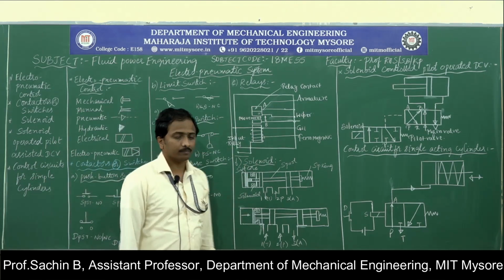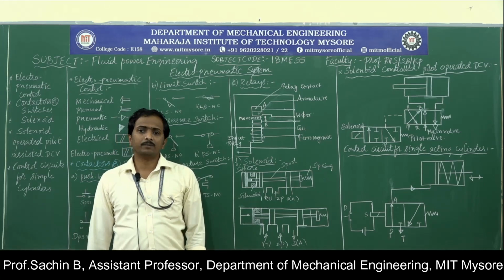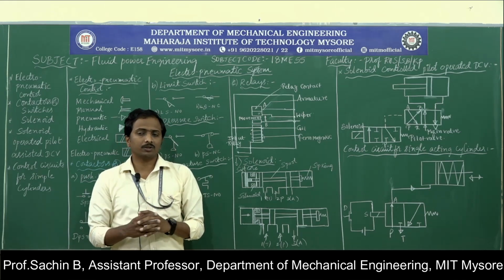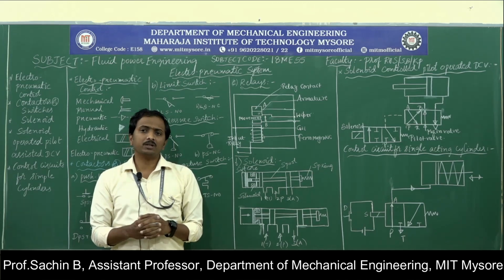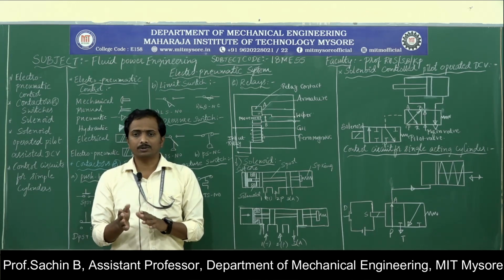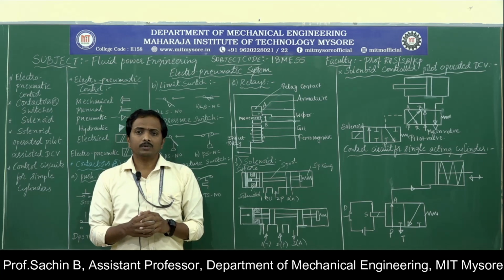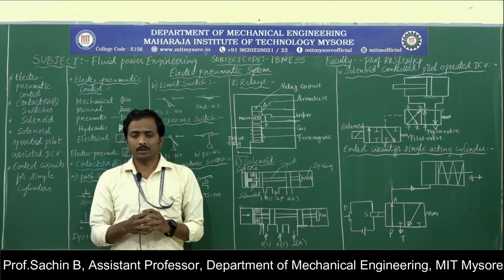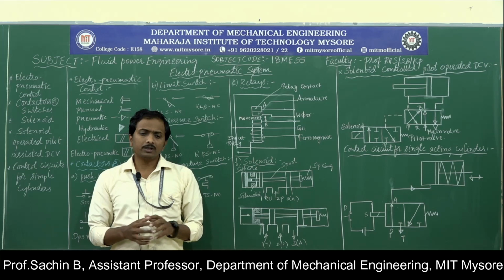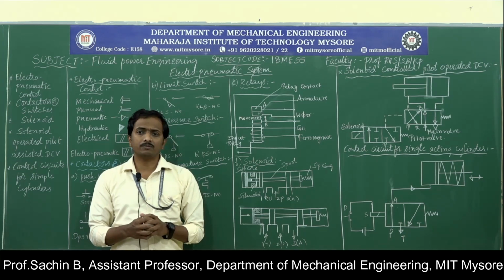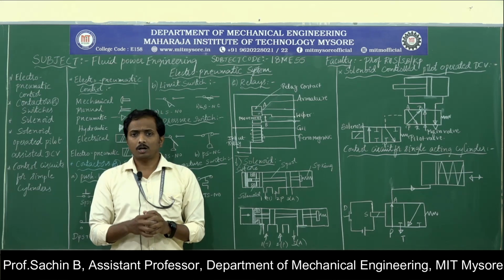Next is about the relay. This relay is an electromechanical switch. It is also an electromechanical switch, but its basic function is defined in a totally different manner, because it works based on the electromagnetic induction technique. Once the electrical supply is given to it, the coil gets energized, generating magnetic flux around it. Due to that magnetic field, the armature gets deflected. These relays are used for maintaining the power supply continuously for any system.